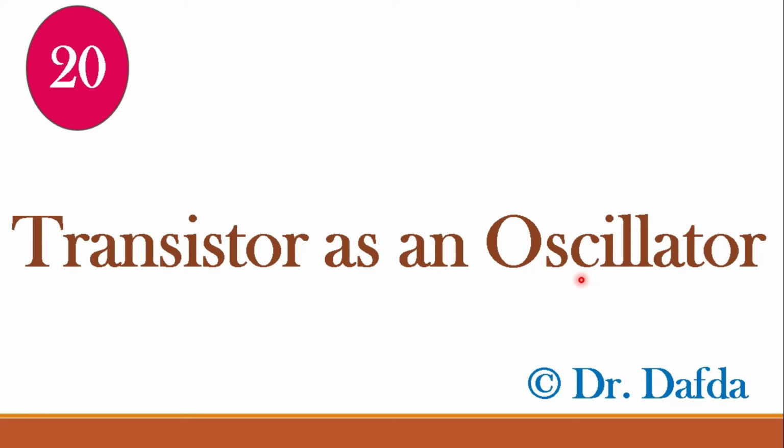These oscillators are used in different digital circuits for switching on and switching off the square wave, right? In our lecture of transistor as a switch, we saw that when we provide a square wave to the input of the transistor as a switch, the LED will glow on and off as per the frequency that is provided to it. Okay, so this oscillator is used in different digital circuits, right?